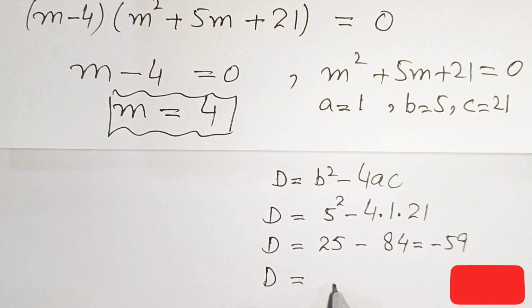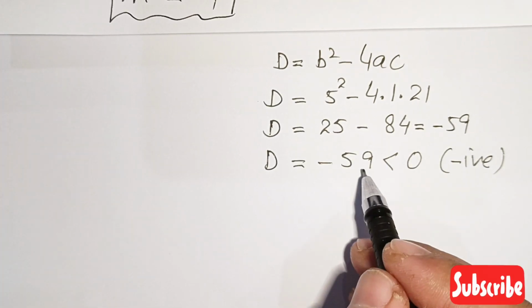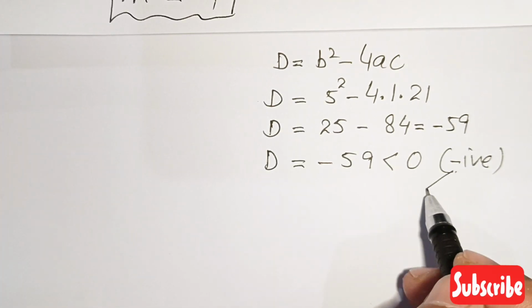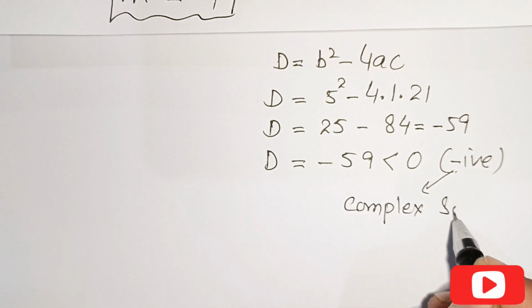Here we see that the determinant is minus 59, which is less than 0. Then we will get a negative value here. With this negative value of the determinant, we get the complex solution. Finally we get the complex solution here,